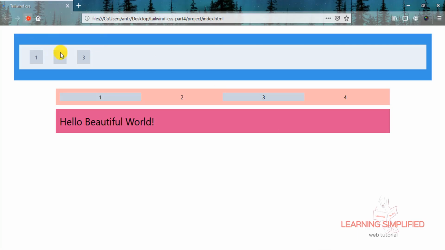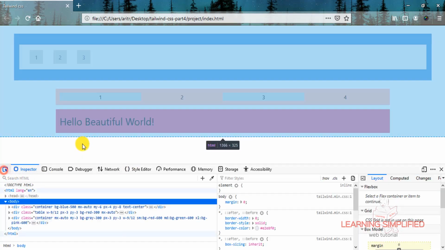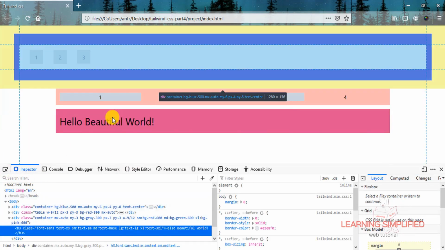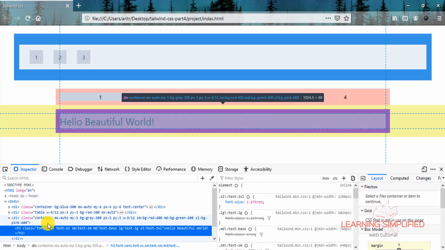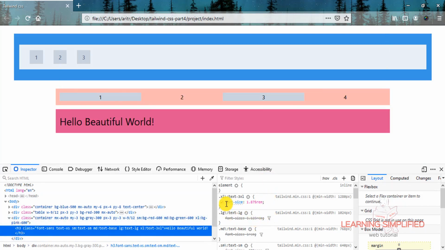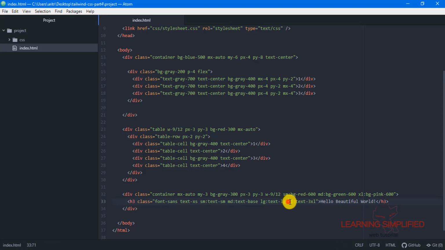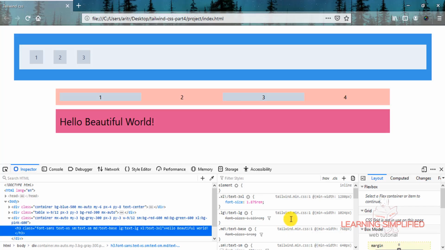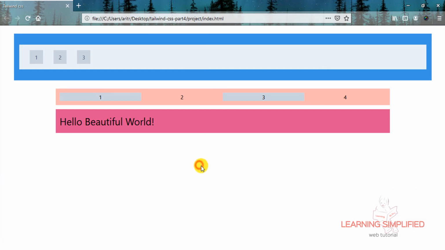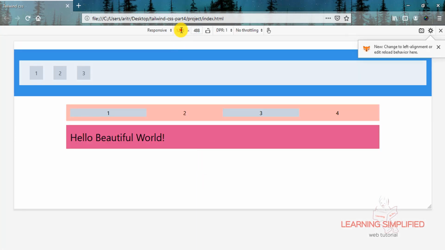Let's get back to our project and reload, and we can see that this will be the result. First of all, press F12 and check out what the size is right over here. We can see that for this H3 class, the font size is now set to 1.875 rem. That means this particular class is in activation, as we had set for larger desktop preview. In the next case, first of all close it, press Ctrl Shift M, switch on to responsive preview,